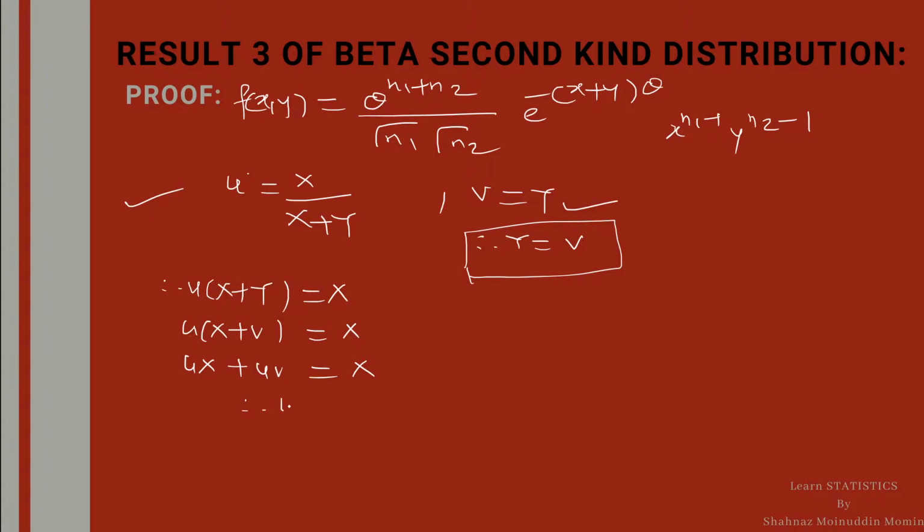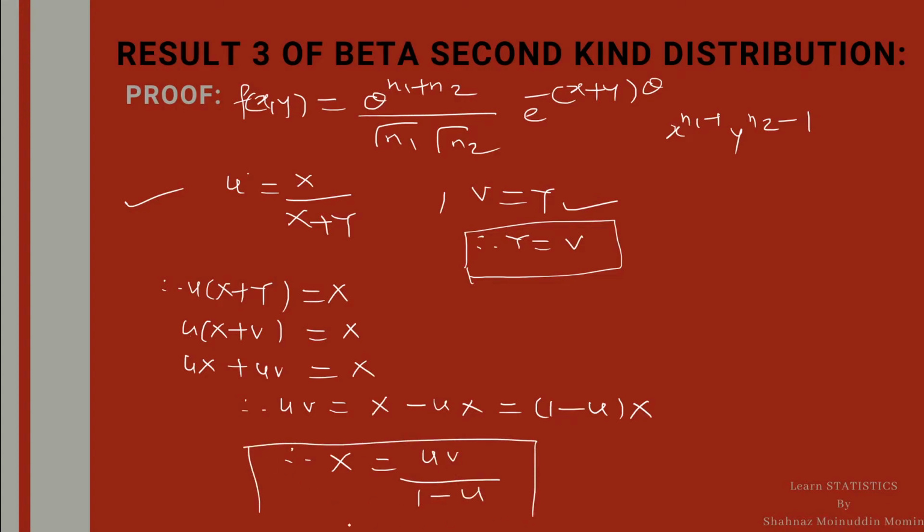Therefore uv is equal to x minus ux. I will take x common, 1 minus u into x. Therefore x is equal to uv divided by 1 minus u. This is the other relation between x and u, v. Now